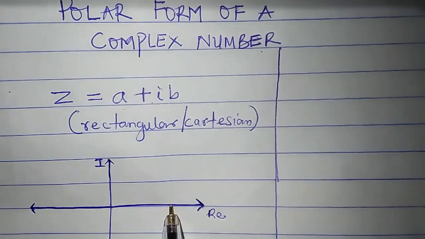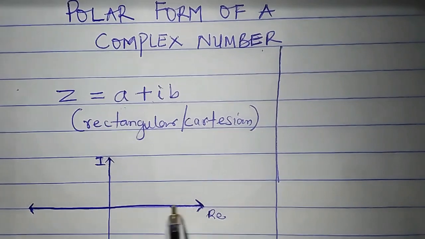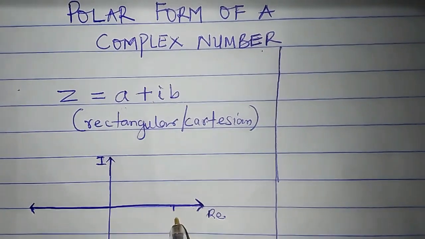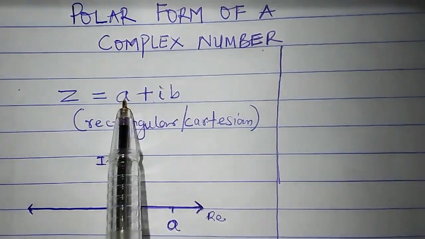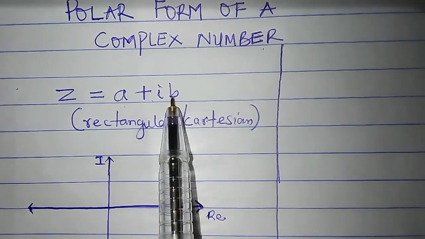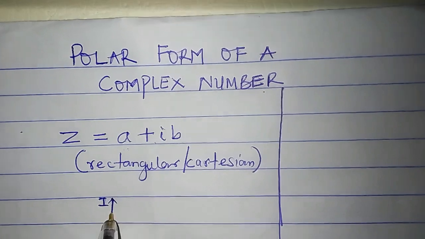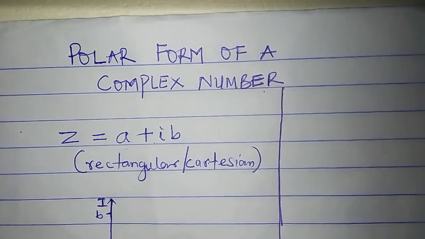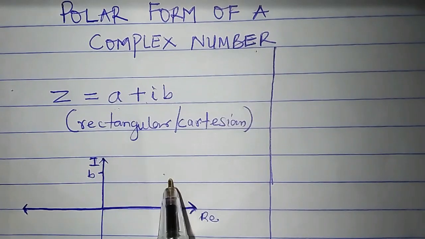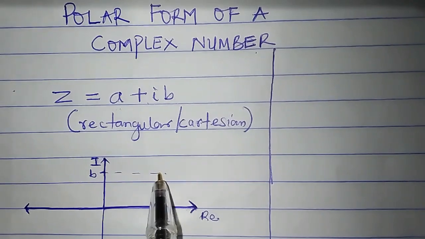Let us assume a point on the positive real axis, A. That's what we have here. Let us assume a point on a positive imaginary axis, B. If we plot this point, let's say